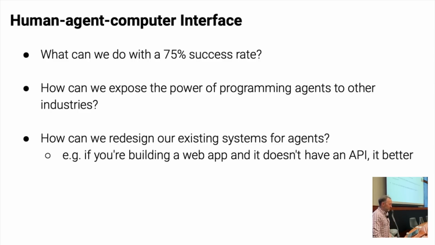Another interesting thing is how can we redesign our existing systems for agents? We had a paper on API-based web agents, and basically what we showed is if you take a web agent and the agent interacts not with a website, but with APIs, the accuracy goes way up just because APIs are way easier to interact with. In fact, our agent is able to browse websites, but whenever I want it to interact with GitHub, I tell it, do not browse the GitHub website, use the GitHub API because it's way more successful at doing that. So maybe every website is going to need to have an API because we're going to be having agents interact with them.